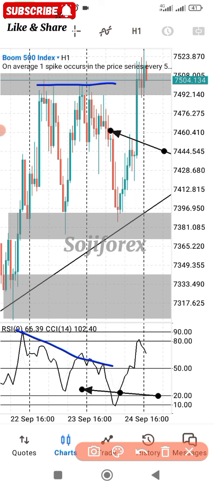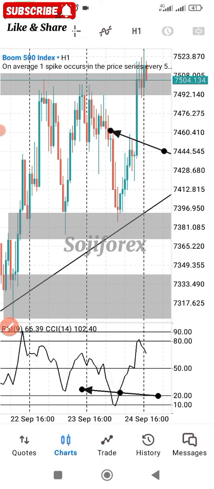For more details, there is a video on divergence on this channel. You can go and watch it to know what divergence is all about. So we would have sold this based on the rejection candlestick pattern